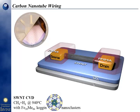All right, so in my group, we actually do start with carbon nanotubes. Our particular carbon nanotubes are called single-walled carbon nanotubes. So I've got the acronym there, and we grow them ourselves in our lab. We synthesize a little iron-moly Keggin nanocluster that acts like a seed that sprouts the nanotube, and we do it on silicon wafers, and we do all the traditional patterning,